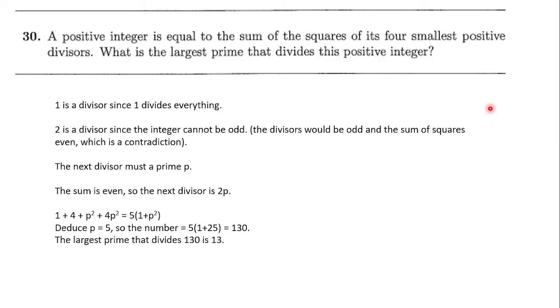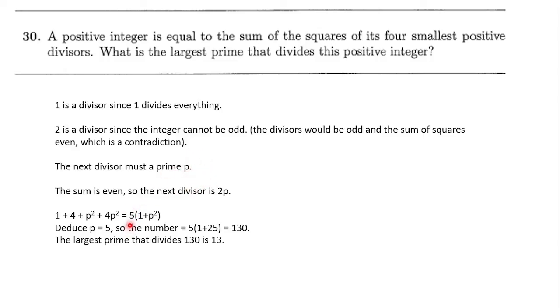Then we know that the next divisor must be a prime p, and since the sum is even, the next divisor is going to be 2p. So if we do 1 squared plus 2 squared plus p squared plus 2p squared, we can get this into 5 times 1 plus p squared. So that's the positive integer, and since it factors out with a 5, then 5 divides it,